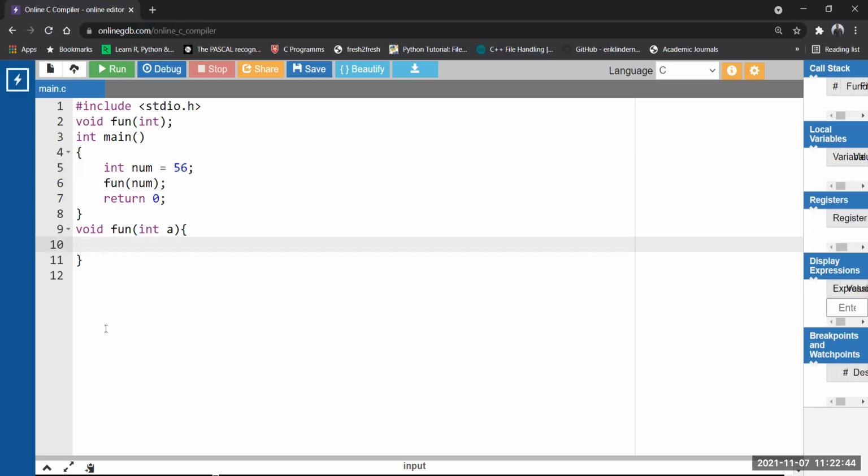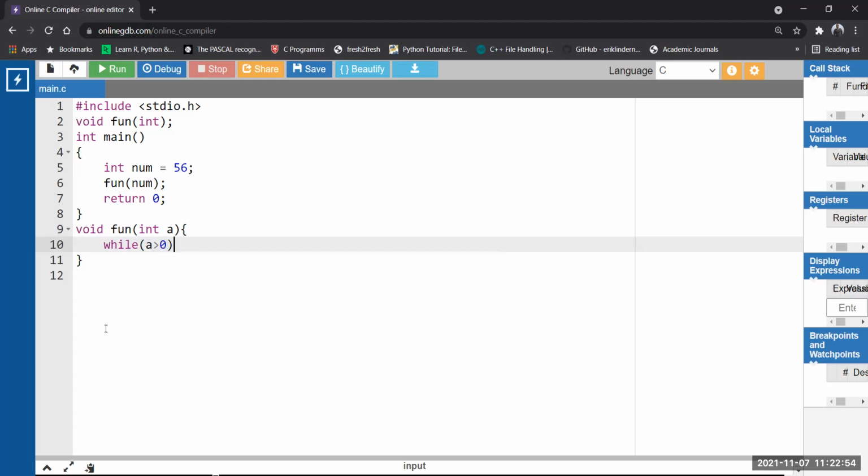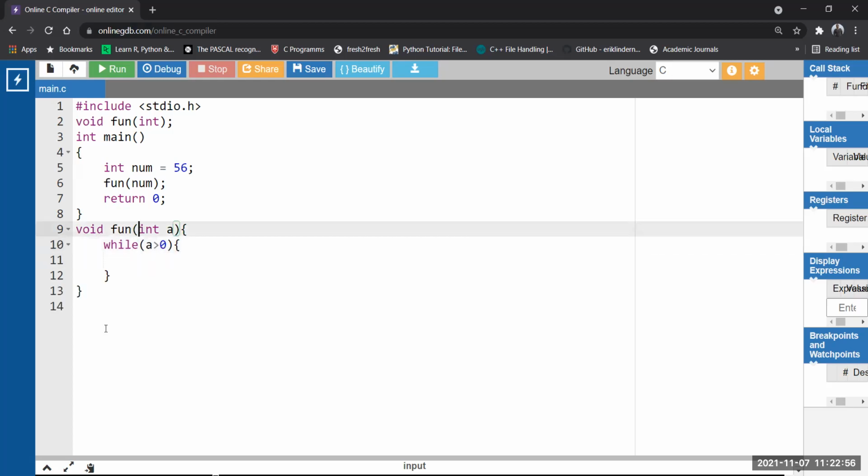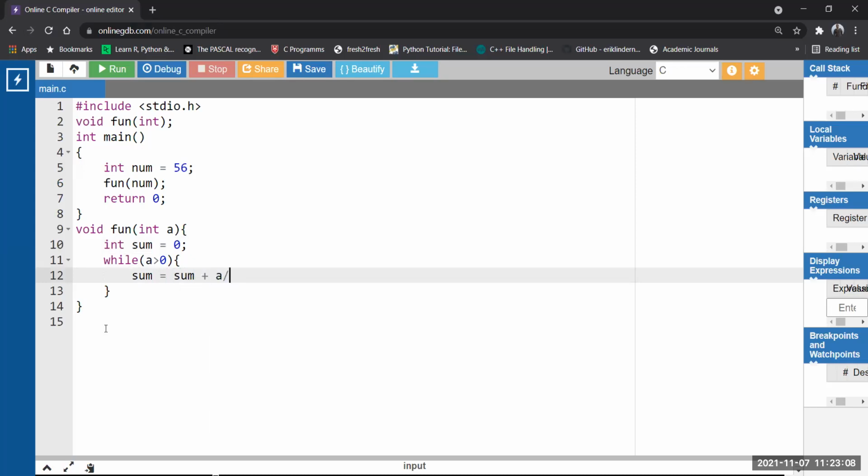Okay, so I simply pass it here, correct? So now while a should be greater than 0, and now I'm declaring a variable here. Then sum equals sum plus the particular number modulus 10.